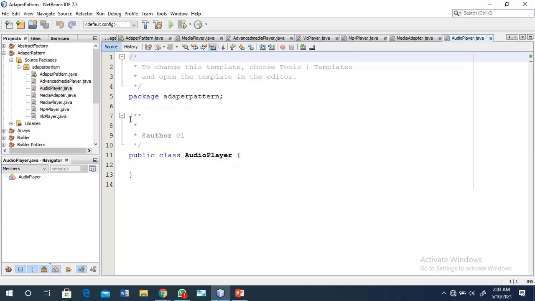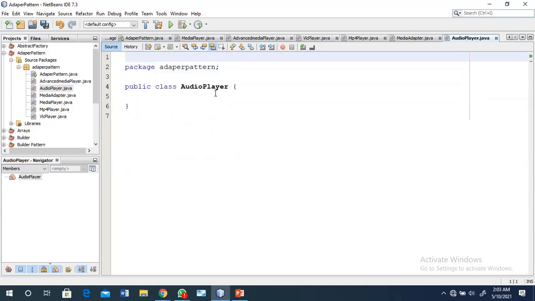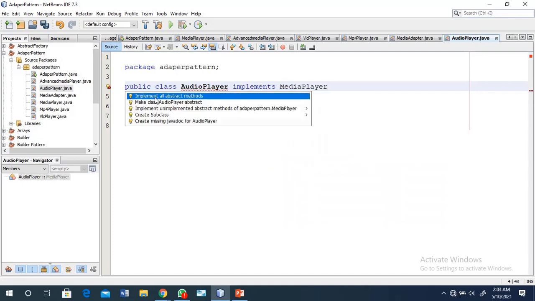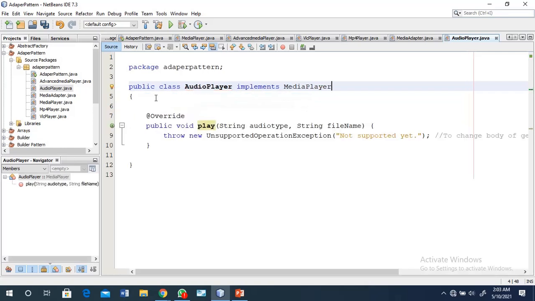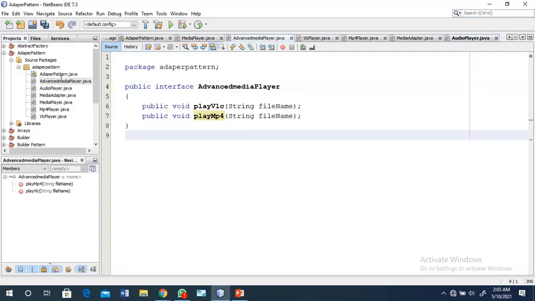Here we are implementing the concept of media player. It implements media player, so the play method is available here. A similar type of action we also have to perform with the MP4 player.